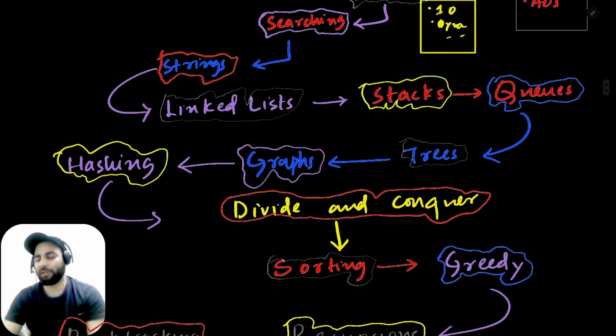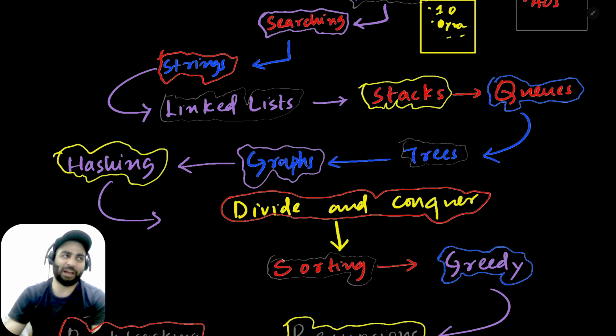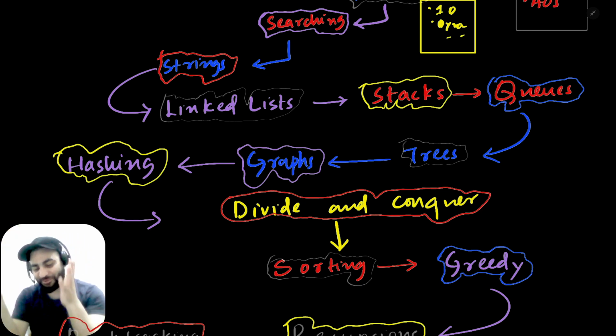Then we'll go about a beautiful concept, trees, and it's completely different from the trees that you look around you. Trees have the root node at the top, and in the real world roots are at the bottom. So we'll see why they are even called trees. Then we'll see graphs. A graph is a superset of trees; trees are a subset of graphs. So we'll learn about graphs, and then we'll learn about hashing.